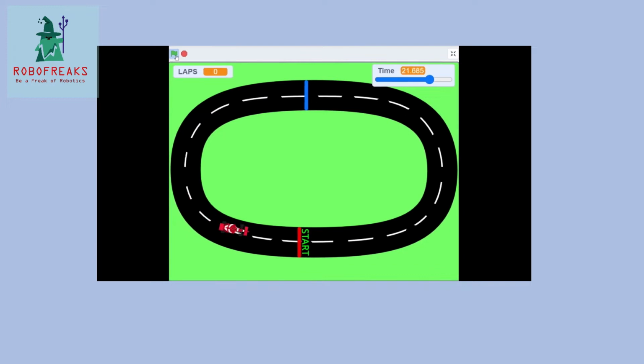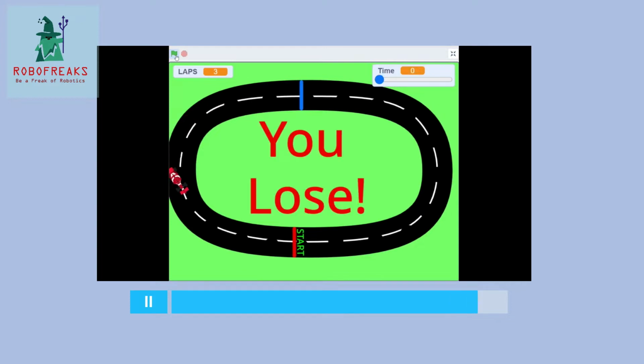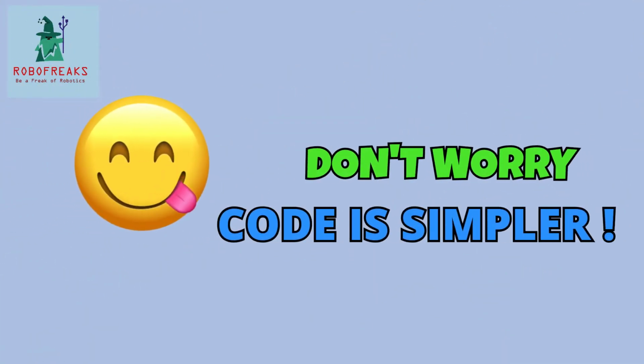Let us quickly look at a demo of what we will be making. We have a race track and an F1 car to run on this track. We have to complete 4 laps of this whole race course before the time runs out. The car can be controlled using the arrow keys and we have to try and keep the car on the track, else it slows down. See, oops, I lost. It's hard to win the game, but I assure you the code is much simpler.